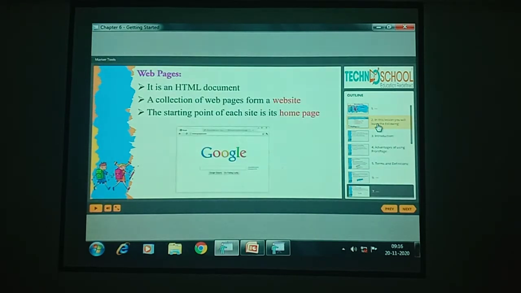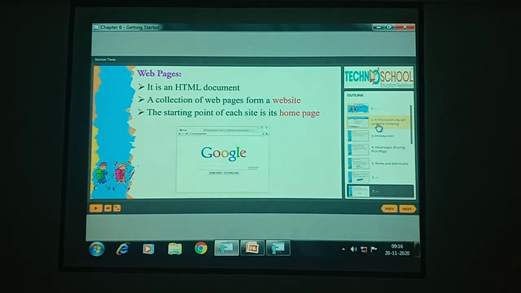Next, web page. A web page is an HTML document, and a collection of web pages makes a website. So a web page means a single page. If it is a website, it is a collection of pages. For example, you are searching something in Google, like science textbooks or maths textbooks of grade 8.